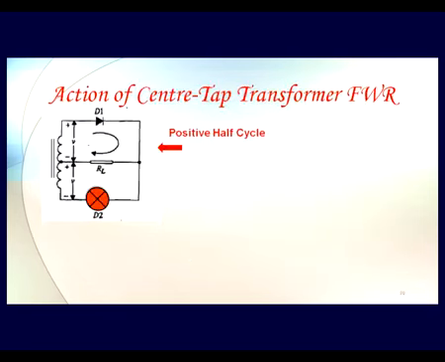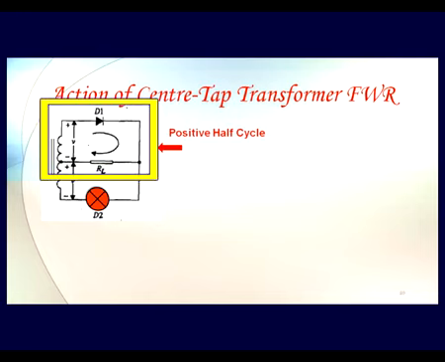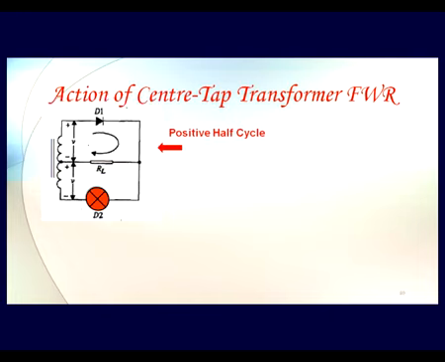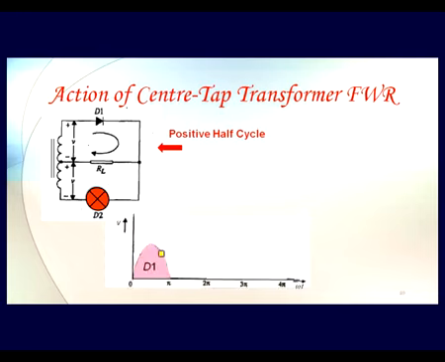In the center tap transformer full wave rectifier, what happens in a positive half cycle? So in positive half cycle, the upper part of the secondary is positive, whereas the lower end is negative. So naturally the diode that is connected, D2, is reverse biased because negative is on this side, but this diode, since there is positive on this side, is forward biased and it starts conducting, and through the load it returns the current. The current path is completed like this. Current is flowing from right to left in our load resistance. Now this is how we are getting our first half cycle, which is through D1.